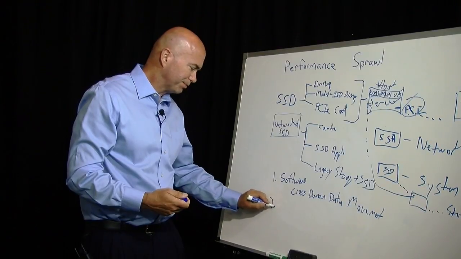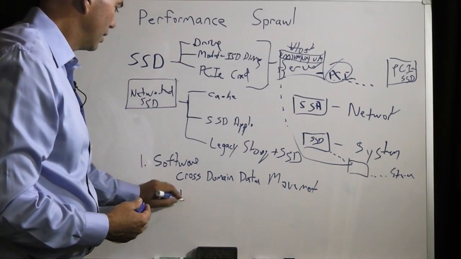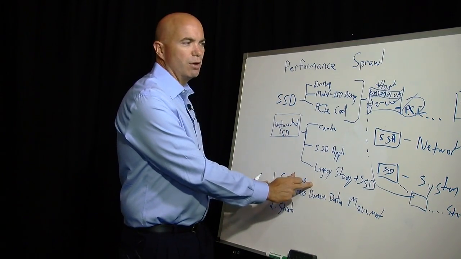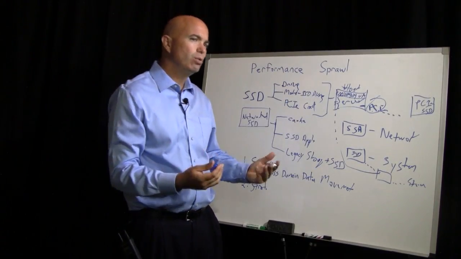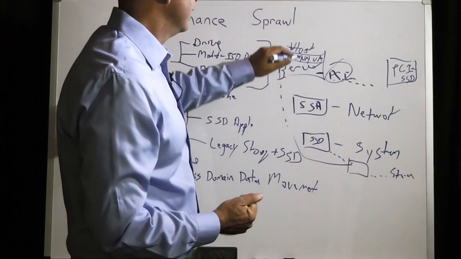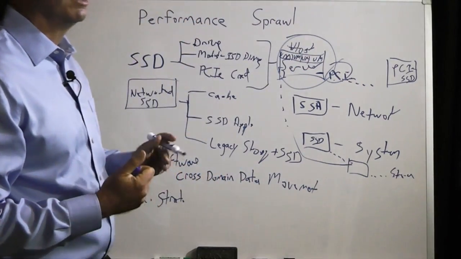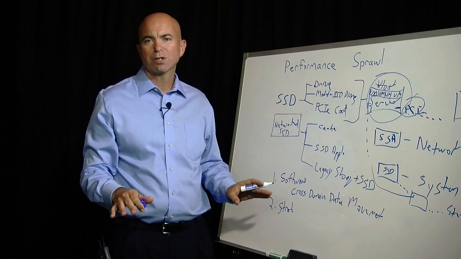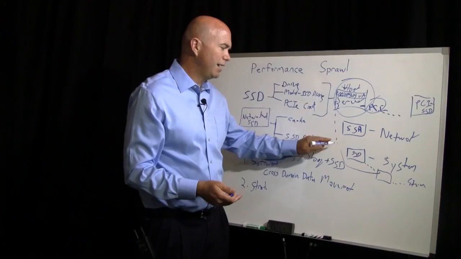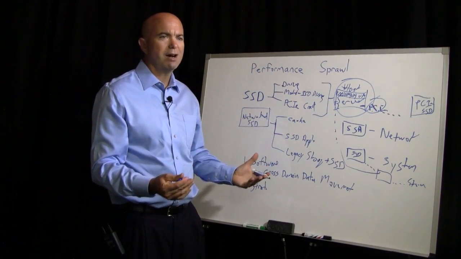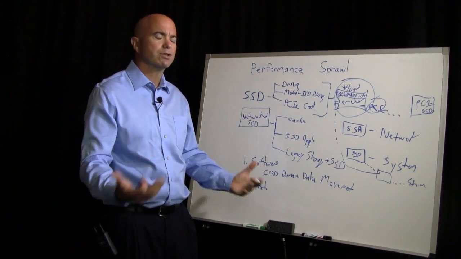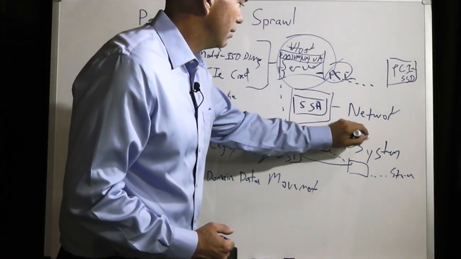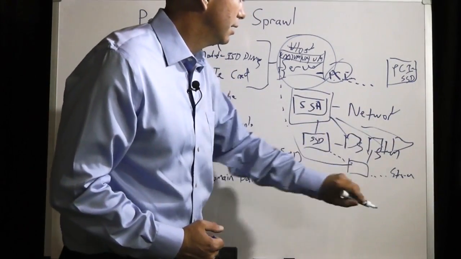I think the other option is more of a strategy, and that is to pick the item that makes the most sense in your environment, but knowing that you might end up going to a cross-domain software application at some point. At that point, for most people, it's going to fall into one of two categories, I think. If you have a few hosts where installing a PCIe card just eliminates a problem, you don't really have a lot of other performance problems, putting PCIe in the server might be the simplest, most cost-effective way to go. If you have a multitude of hosts, say in a virtualized environment or even a mix of virtualization and Oracle database servers or something of that nature, then I think the network option provides a lot of value because it can accelerate across many storage systems